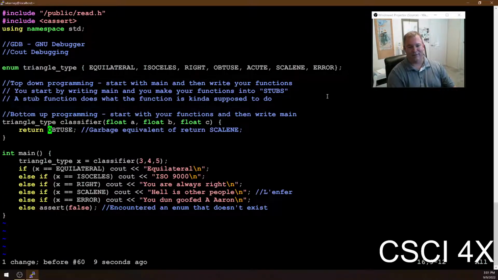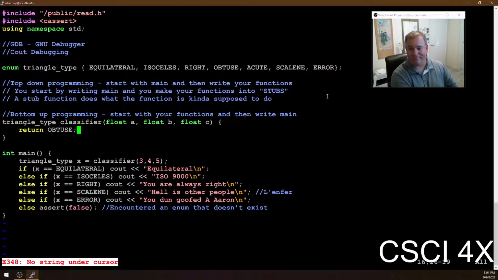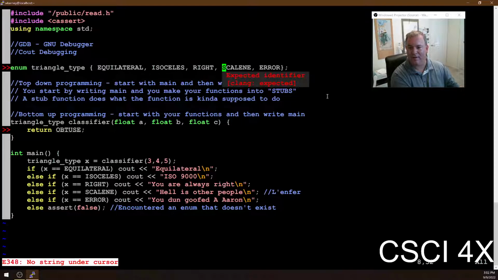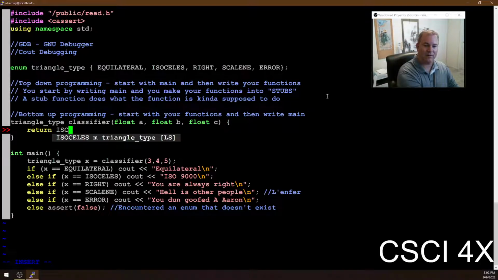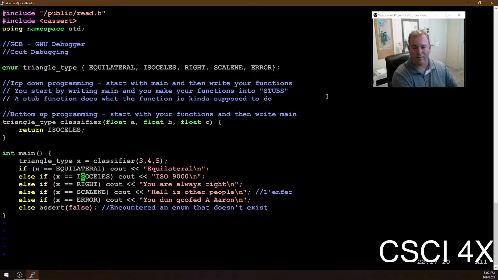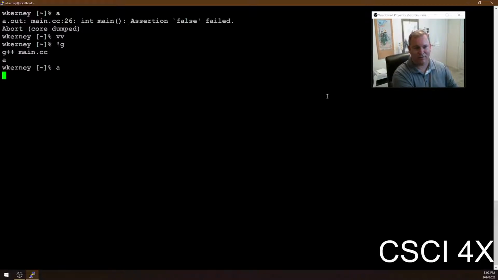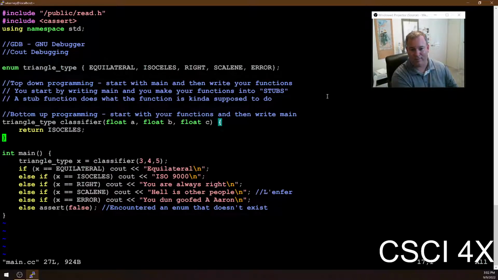Okay. So this is how we do it. And so this is going to kill our program. Okay. So let me get rid of obtuse and acute because that's on the homework. And let's talk about this. Isosceles. Okay. So I've written main, and I can actually just change the value that is being returned by the